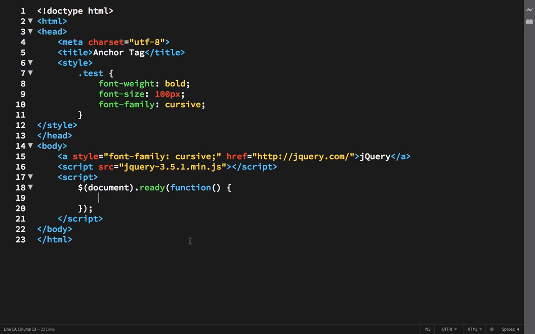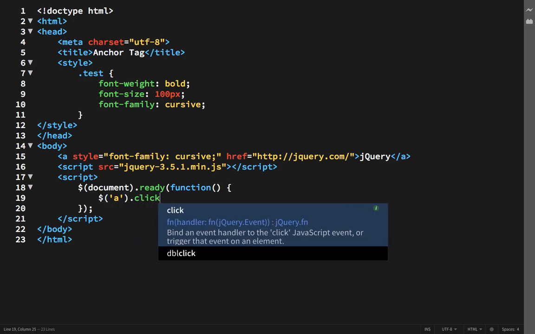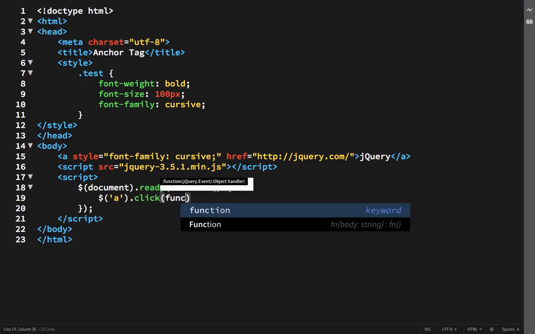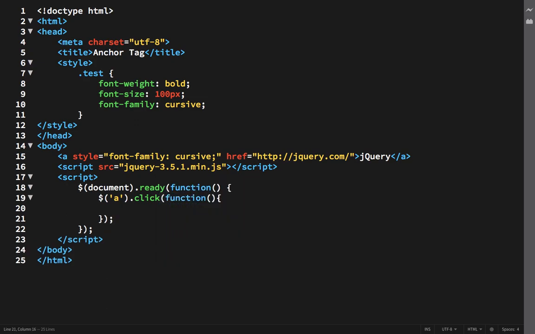So here I have created a file. It's all sample code. All this code doesn't matter much. The important thing here is the anchor tag, and href is jquery.com. We have included the jQuery file here, and now I have created a script tag inside which the document ready event is already there. So what I have to do, we need to select this anchor tag and create a function whenever that link is clicked. So put a semicolon at the end of the statement. Now create an alert message. We can write thanks for visiting